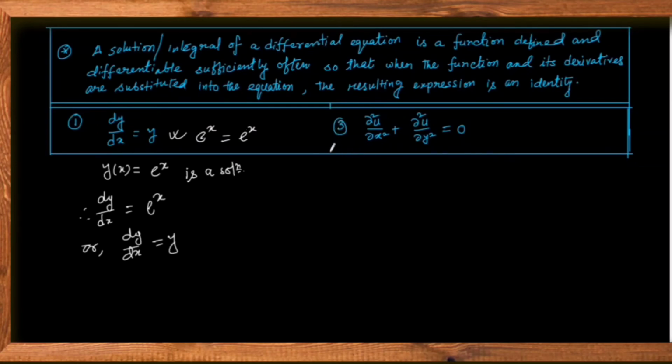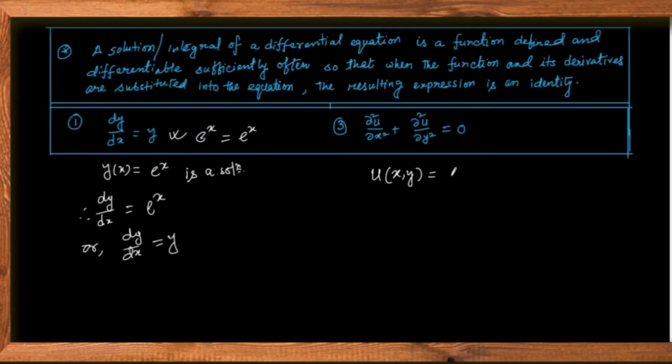And the third example was del^2u/del x^2 plus del^2u/del y^2. That means u is the unknown function of x and y. Often x and y are called independent variables and u is called the dependent variable. Okay. Now,